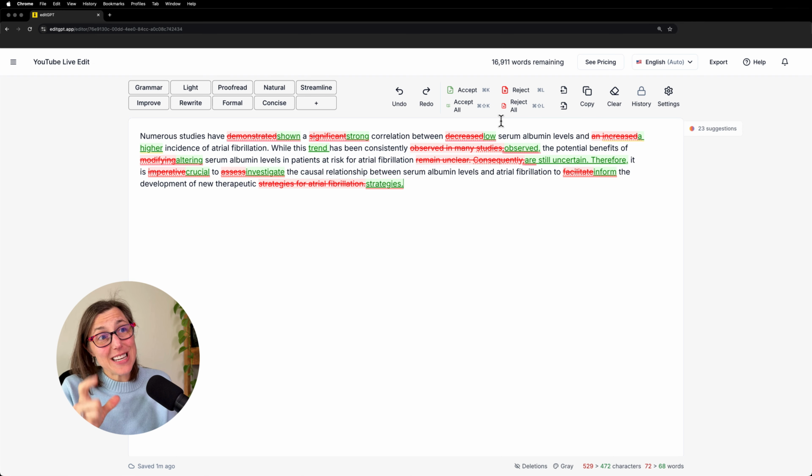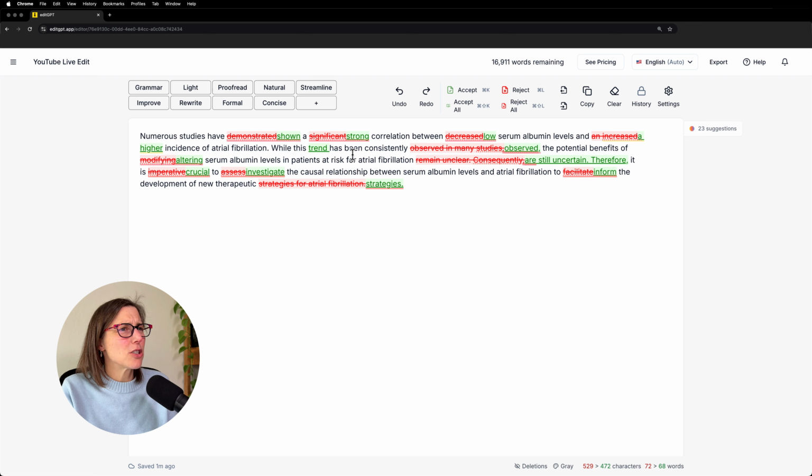And so actually in this case, using low is more precise. So that I like. And similarly, instead of increased, it changed it to higher. So that's great. I might do something a little differently here. I would probably change low to lower so that you have that parallelism of lower serum albumin levels and higher incidence of atrial fibrillation. You have that kind of connection there. So I do like that.